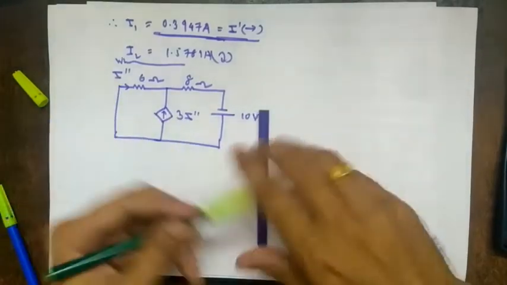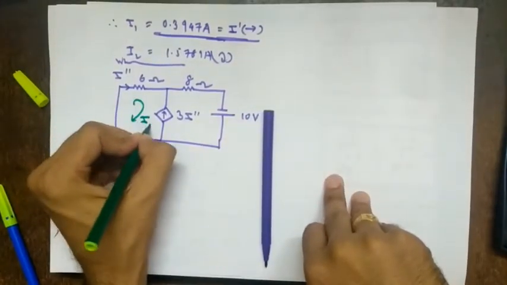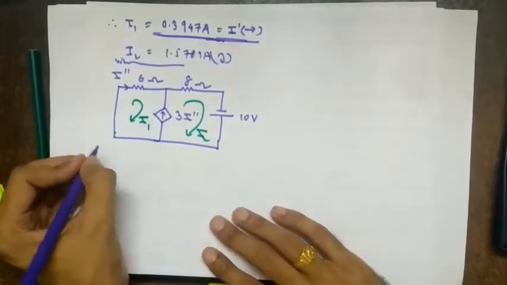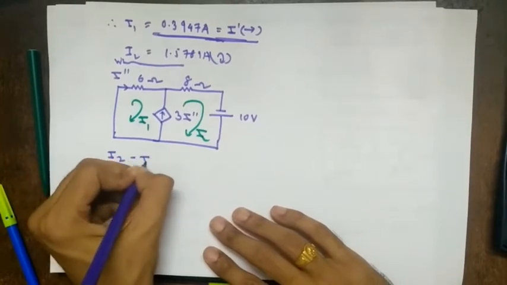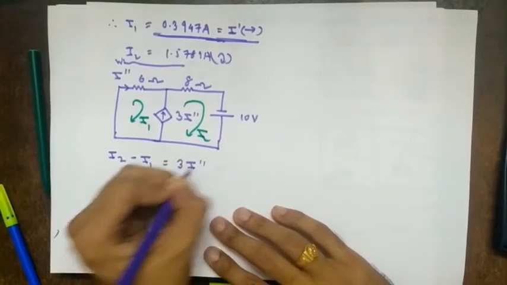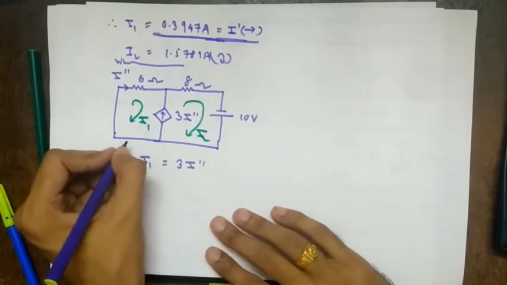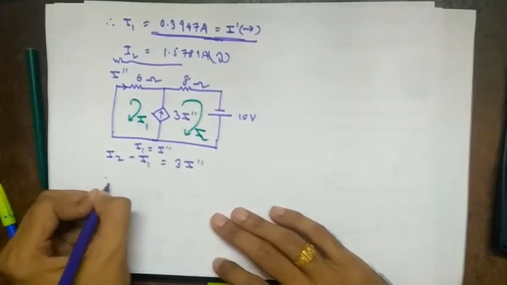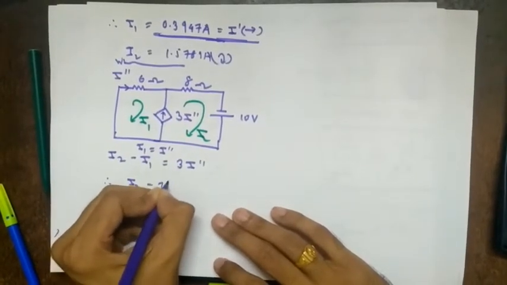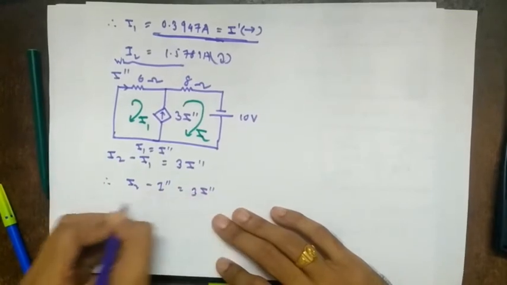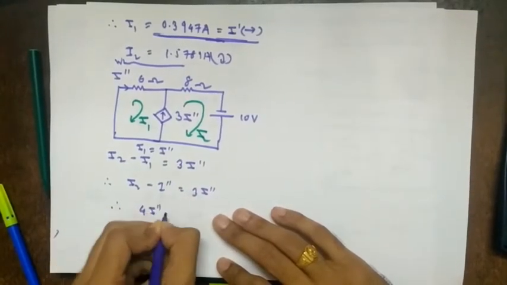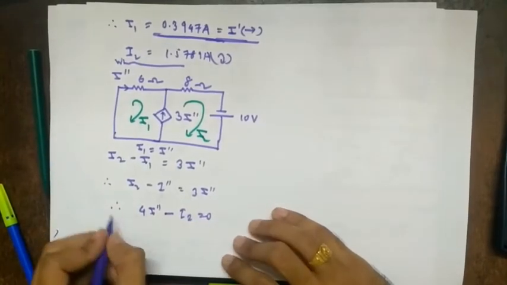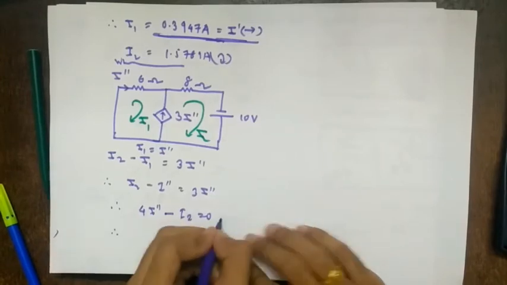So again we'll have I1 and I2. So this is I1, this is I2. So again it forms a super mesh. So we'll write mesh 1 and 2 form a super mesh. So I2 minus I1 equal to 3 I double prime. Before that we will say what? I1 equal to I double prime from the network. I am using shortcuts. So therefore I2 minus I double prime equal to 3 I double prime. So therefore 4 I double prime minus I2 equal to 0, right? So this is equation number